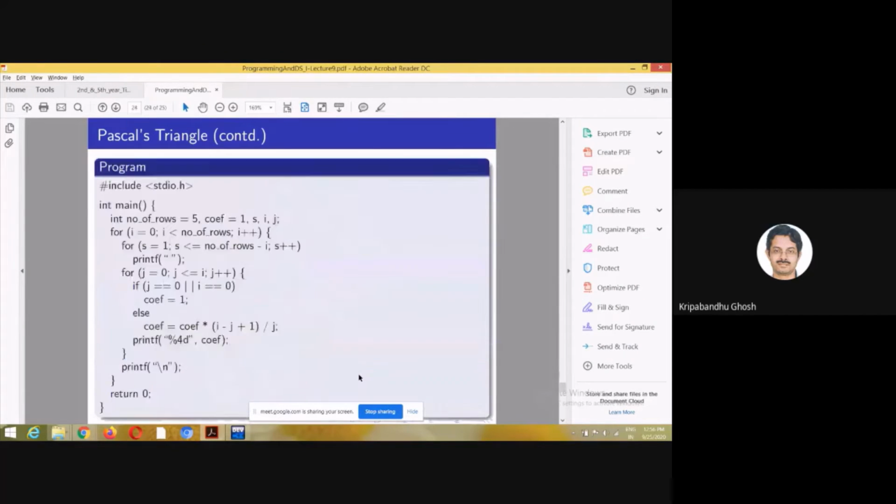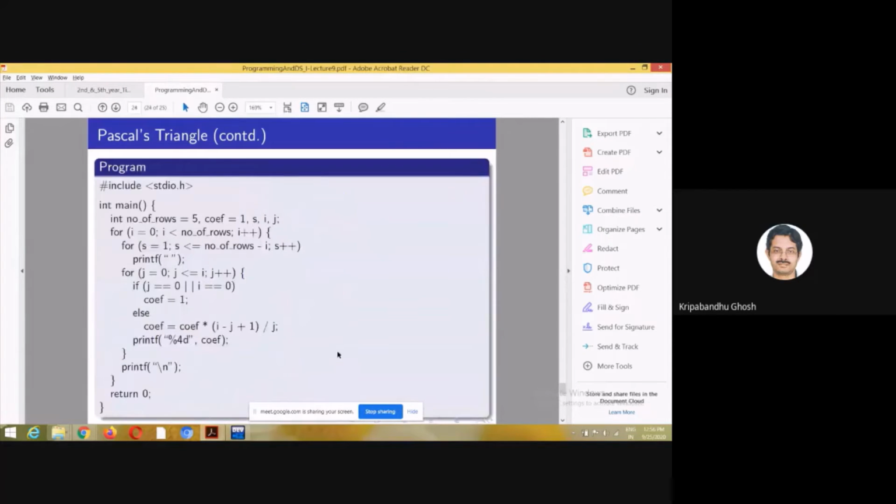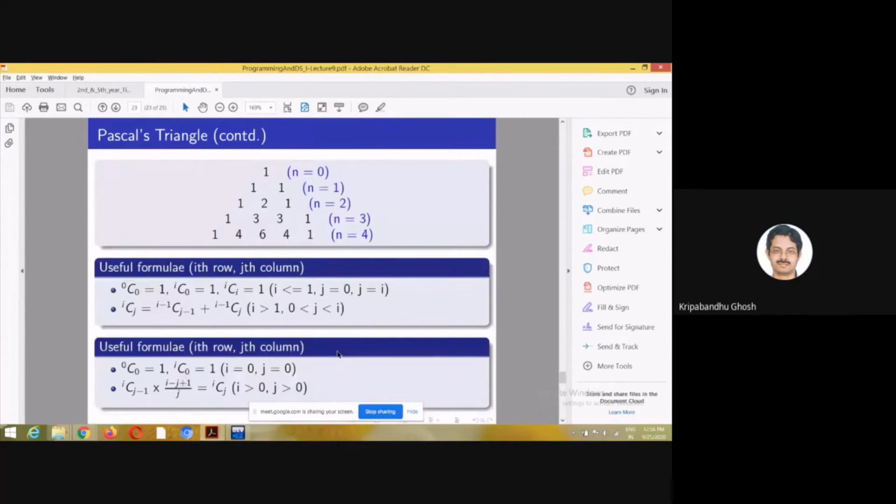If you understand this particular code and you understand the working of this particular formula, it should be easy. For the people who are from a maths background, I think it is already clear to them. Otherwise, you can simply look into these expressions. These are fairly intuitive, and I'm sure you have done permutations and combinations when you were at school, or you have done it sometime somewhere, so it won't be any problem.